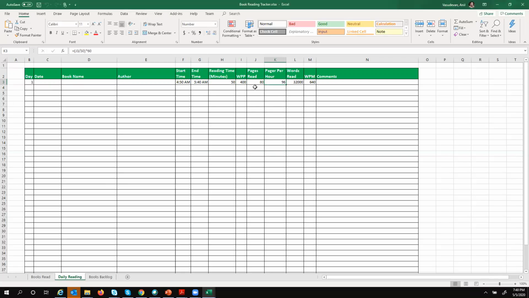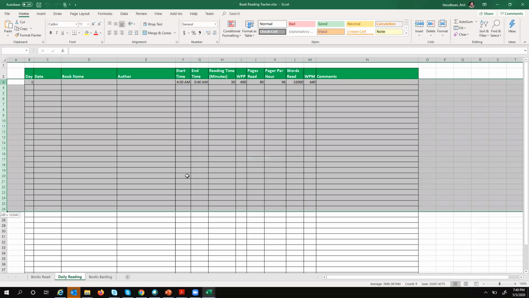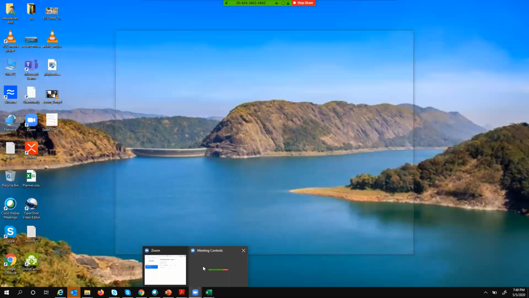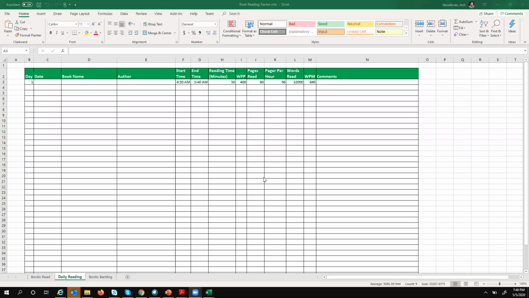What you basically want to see is your words per minute and how many words you read that day, or how much time you read. It's up to the individual to track, but I normally track whatever is possible. I'm more of a metrics person. That's why I track things. But if you like to track, it's good, because if you can't measure something, you can't improve on it. True, right? Yes, definitely. So it is always good to measure.